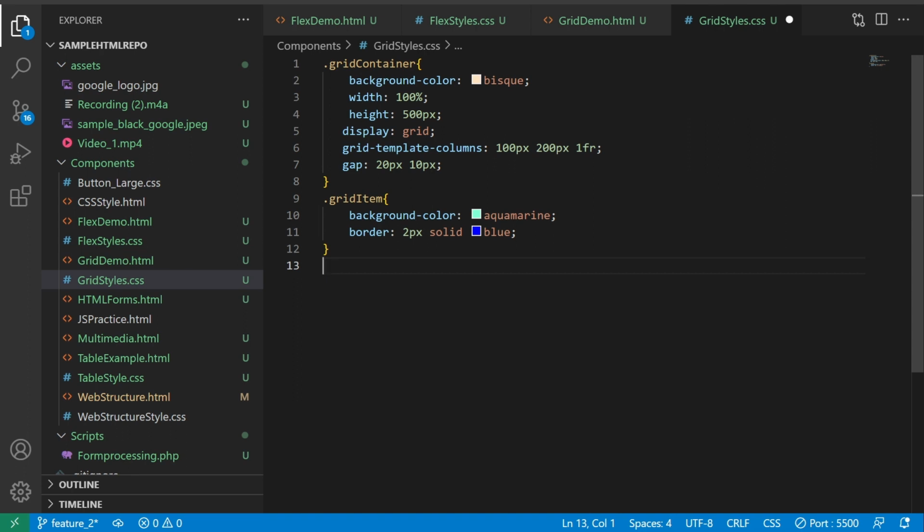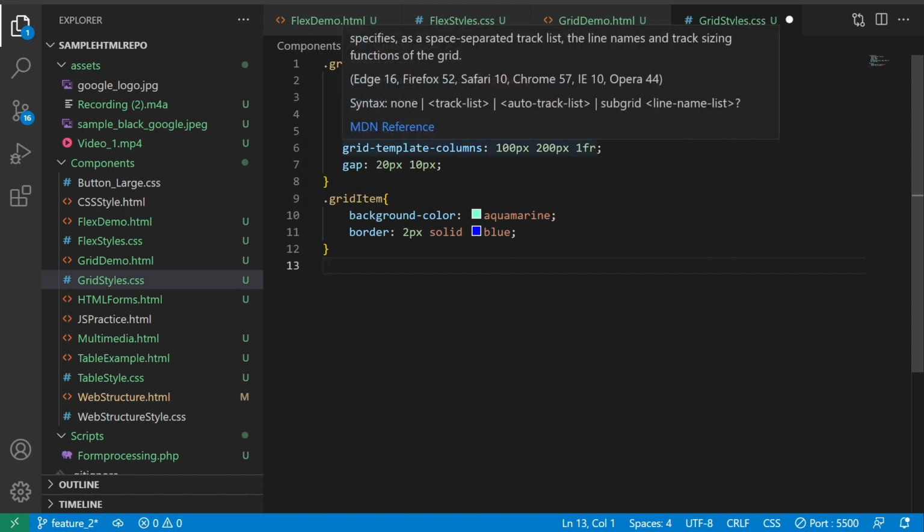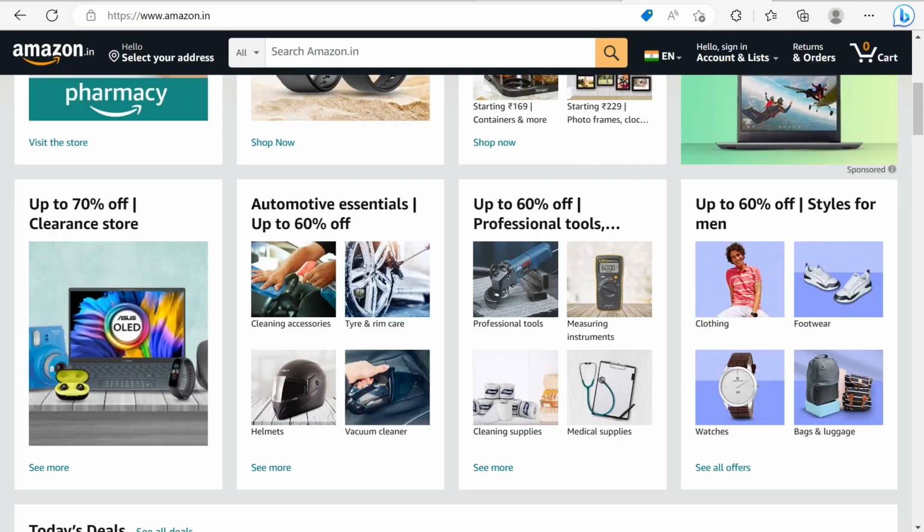On the go means when we are rendering this code, when we are reading and implementing our web page, on the go it will decide what to do, okay? So we don't know how many categories we have. So at least I will decide that